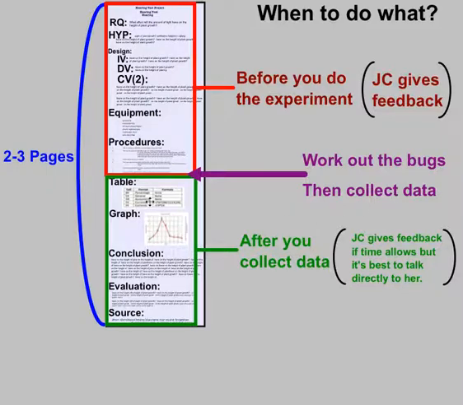And then you go back to your document and you put in your table, and we'll see how those go in future videos. And you do your graph. You'll see that in future videos, and it's not always a line graph. It might be a bar graph. Then you do a conclusion, which everybody messes up because there's so much to it. So you have to do the conclusion with everything that's being asked for, the evaluation section, and then any sources